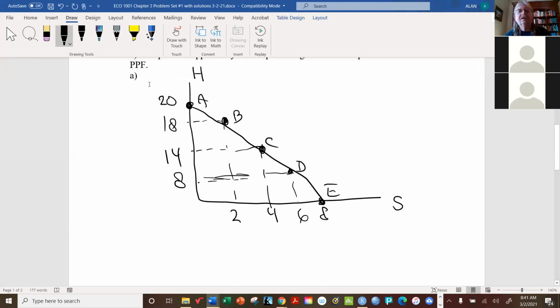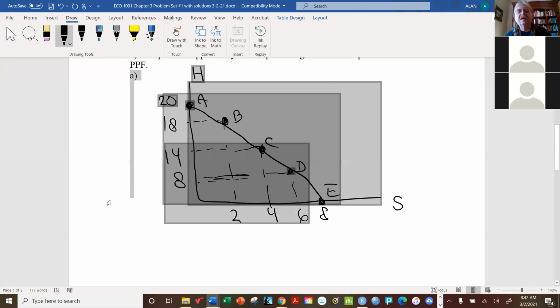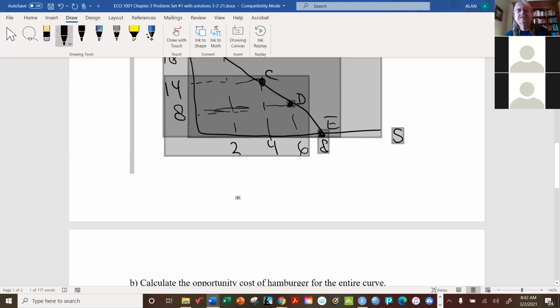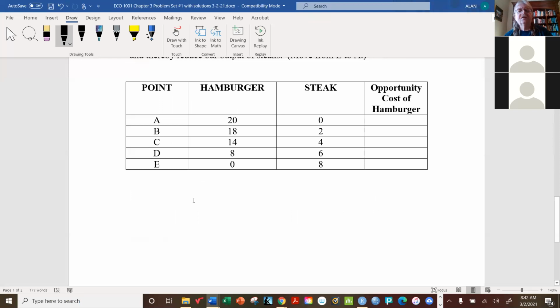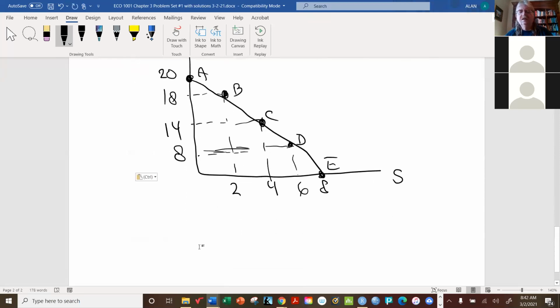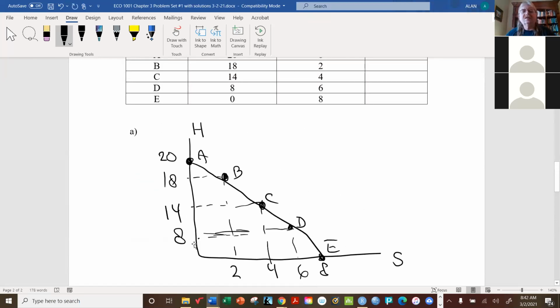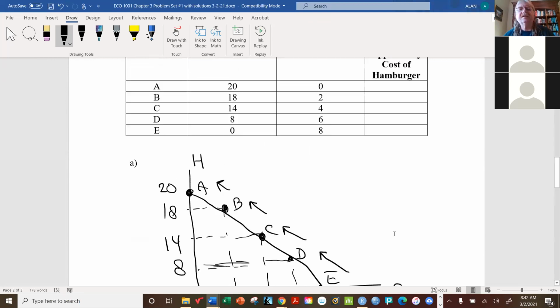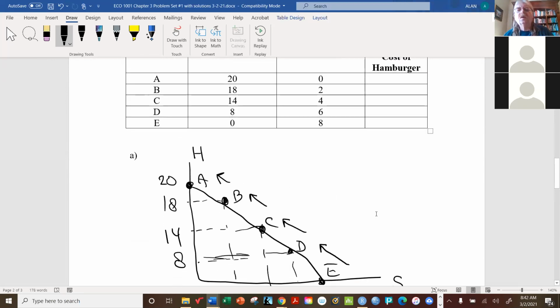All right. In fact, you know what I could even do? Let me copy this thing, just again, so you can see what's going on. So that means there's an assumption here that we're starting at point E and we're working our way up the curve, one step at a time. So in the process of going, for example, from E to D, what's happening here is, well, first of all, in the chart, we'll put that here. From E to D,